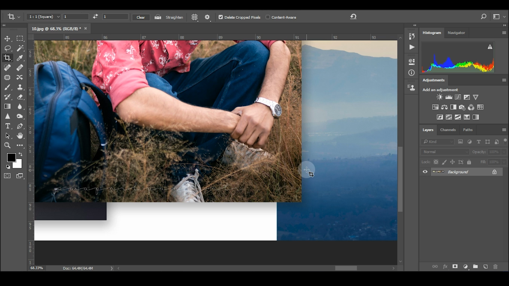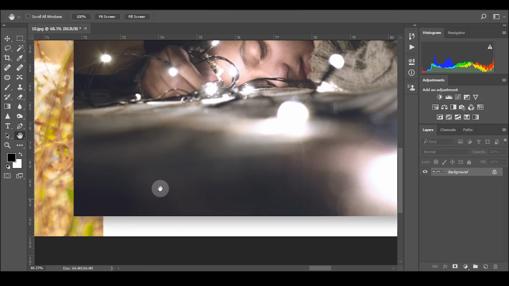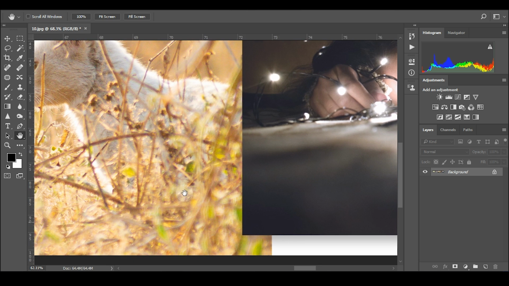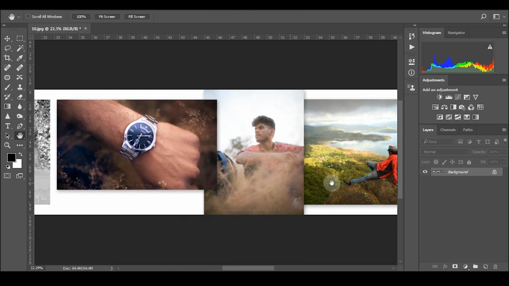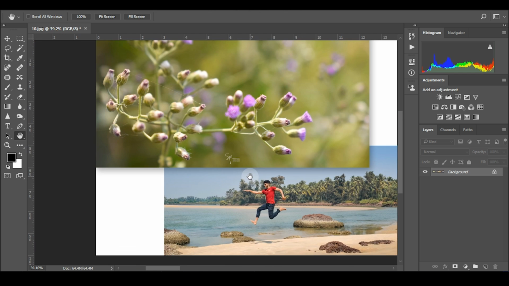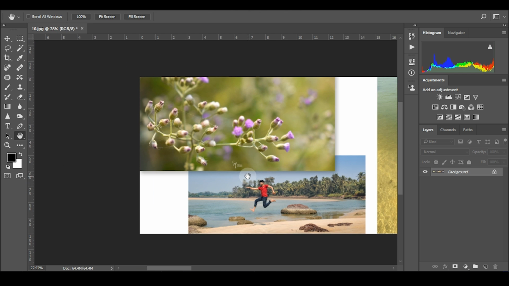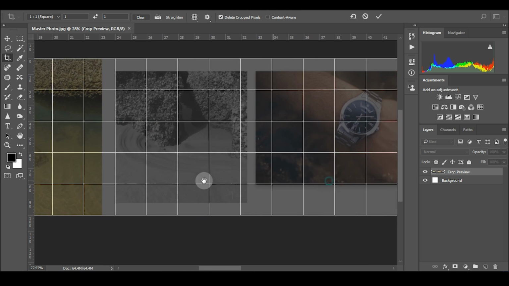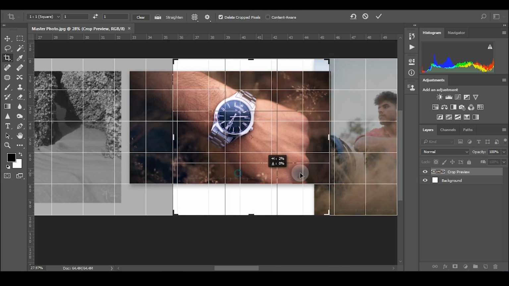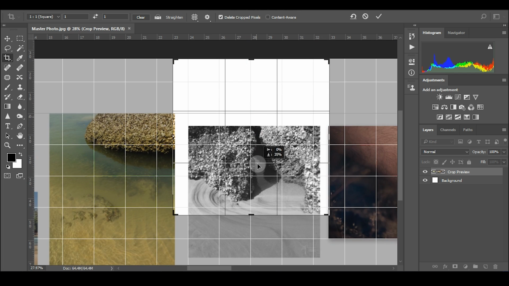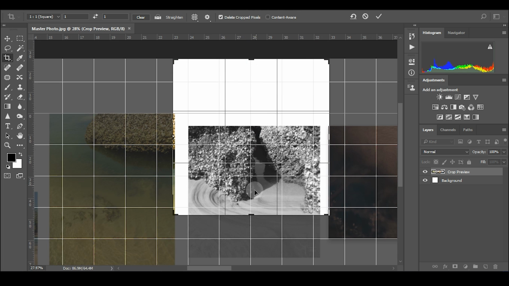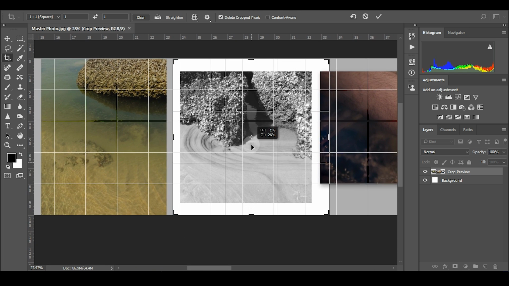I have added some soft shadows to the photos that are on top of others, but didn't add any shadows that are directly laid onto the canvas. Brought our photos into Photoshop, arranged them nicely, added some shadows, and now it's time to crop them. Do not slide up or down while cropping. This will expand the canvas while leaving out your image.